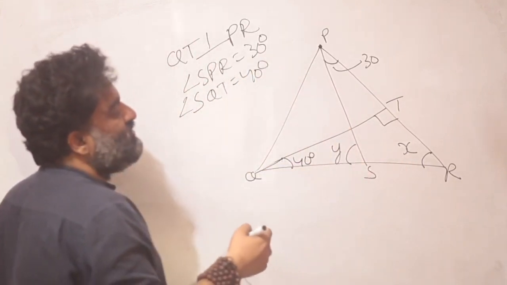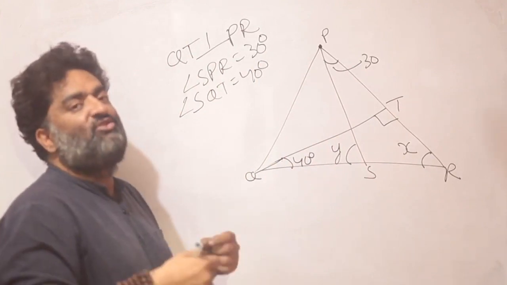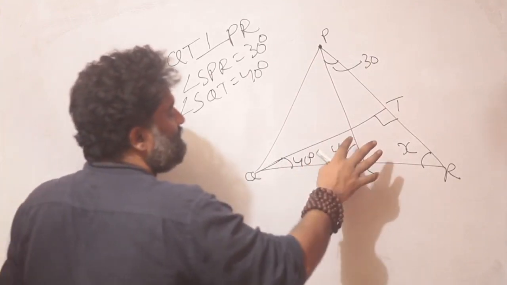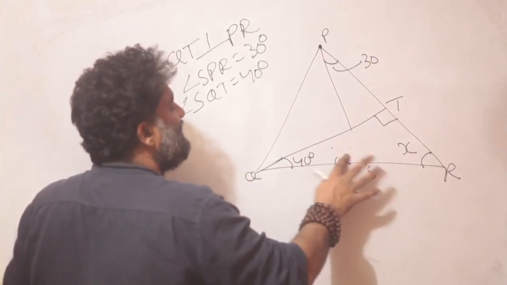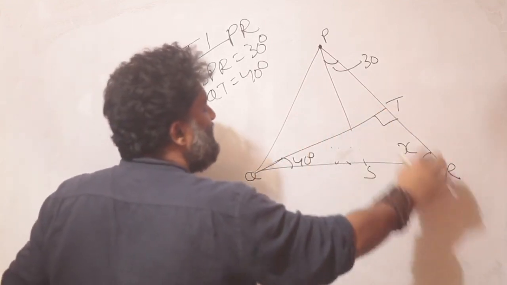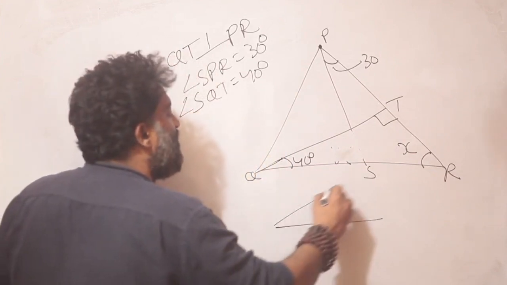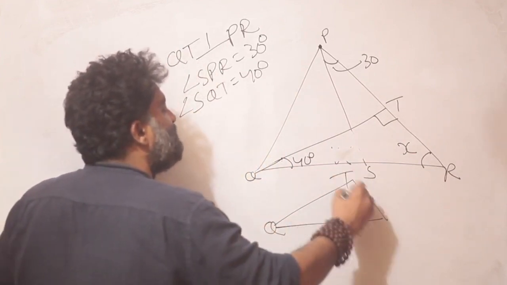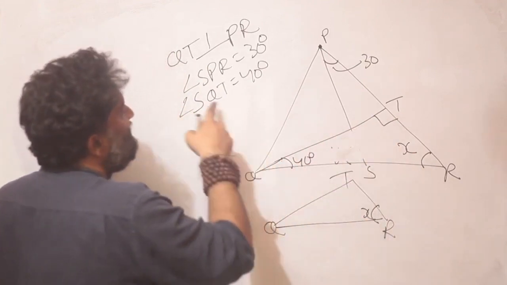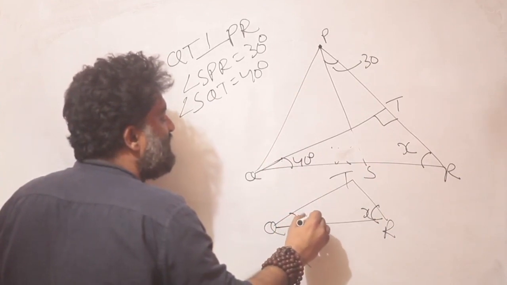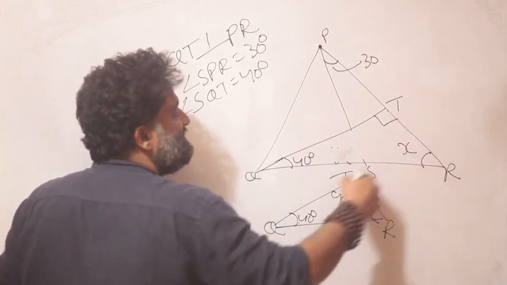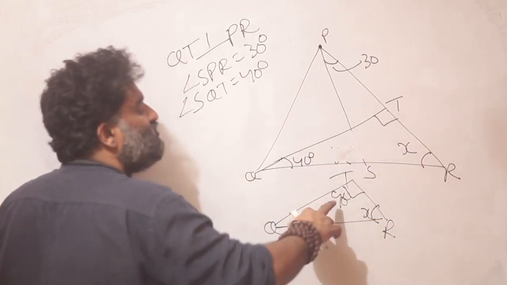So how do I go about doing that? And remember, now our focus is on using the angle sum property or the exterior angle property, either of them. So for a minute, let me forget this line so that I can see a triangle very clearly. Triangle QTR. If you're a beginner, draw it out for yourself also so that you see things more clearly. This is angle X. Angle RQT or angle SQT, whatever you want to call it, is 40 degrees. And this you know is 90 degrees.